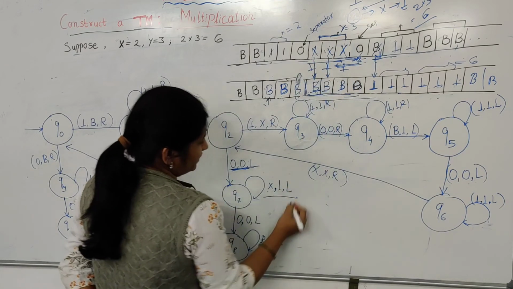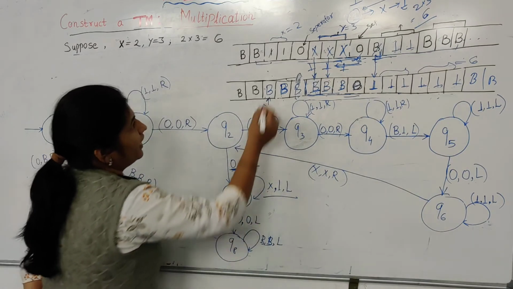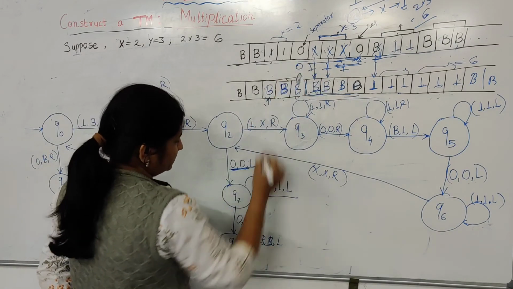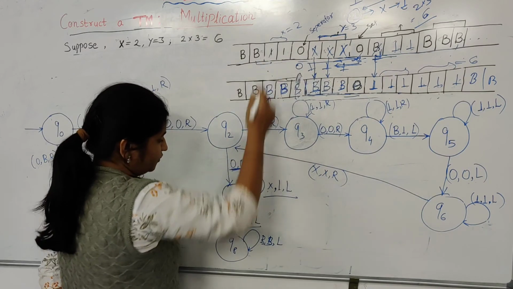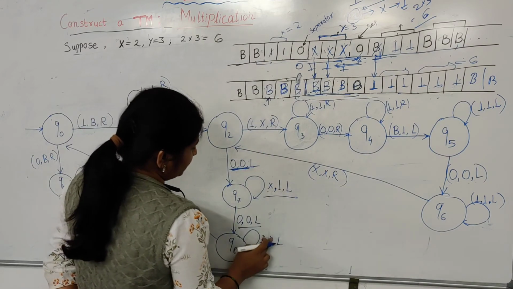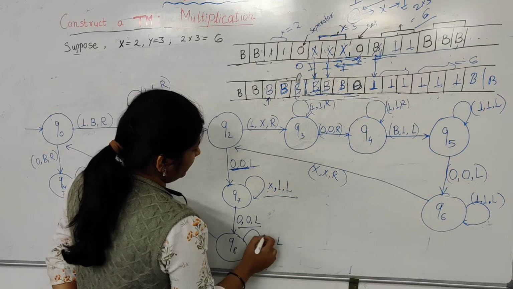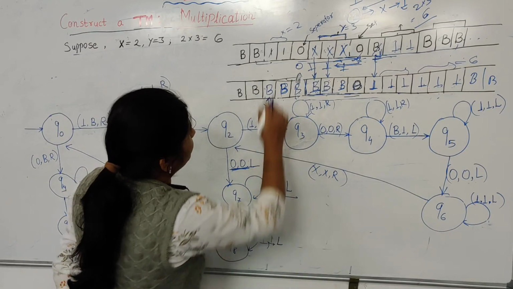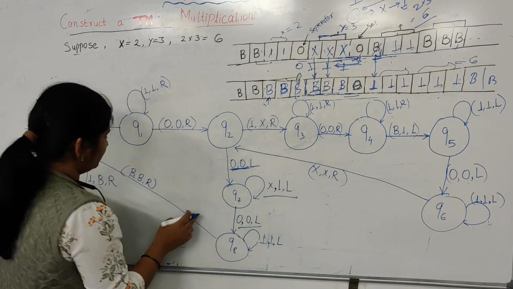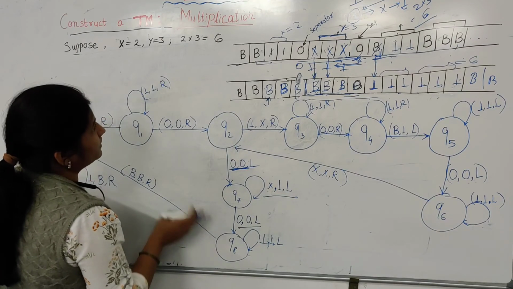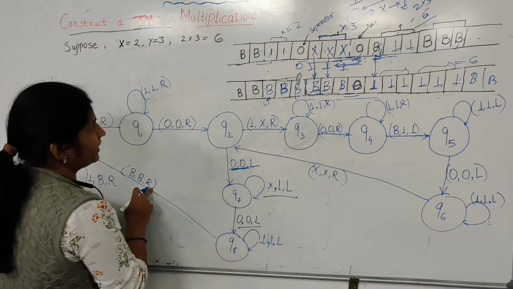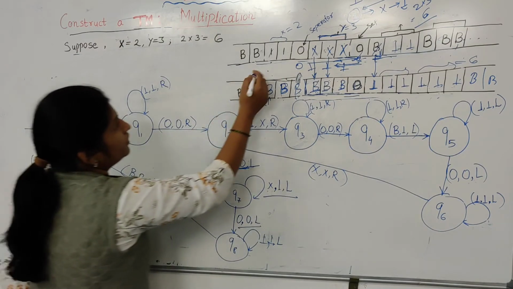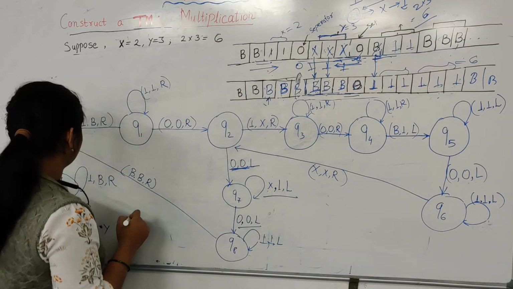1. So here all the x will be replaced by 1, and after this, if we get the 0, then we will keep that 0 as it is, and we will move towards the left. If we get 1 here, then we will keep it 1 only. We will not replace. Now, after that, if we get a blank, we are here now. If we get a blank, we will keep it blank only. Only we have to move towards the right direction.